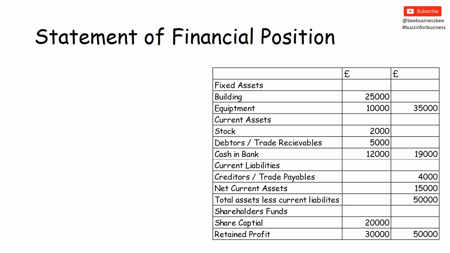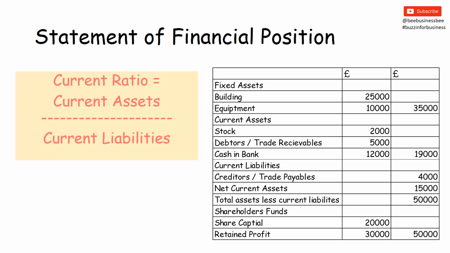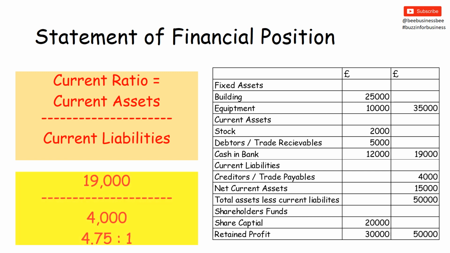Right, so we can actually do a little bit of ratio analysis on our statement of financial position. One of the ratios we can use is the current ratio. We do this by doing current assets divided by current liabilities. So in this case, it would be £19,000 divided by £4,000. And that would give me the answer